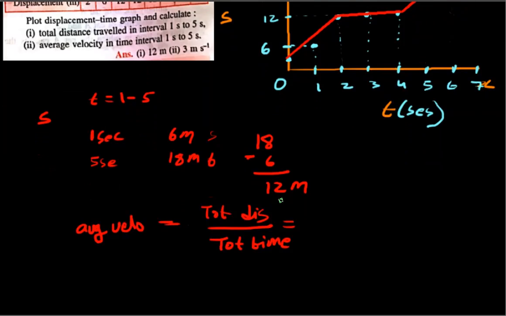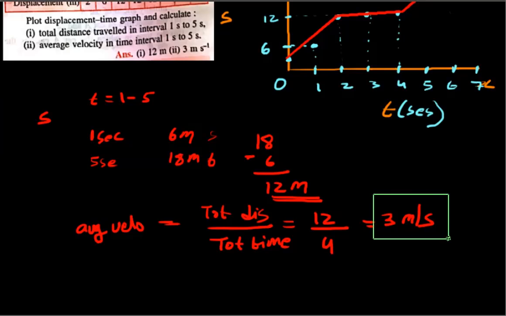In this case, our total displacement is 12 meters and the total time is from 1 to 5 seconds. So 5 minus 1, the time taken is 4 seconds. So 12 divided by 4 is equal to 3 meters per second. And 3 meters per second is the average velocity of this